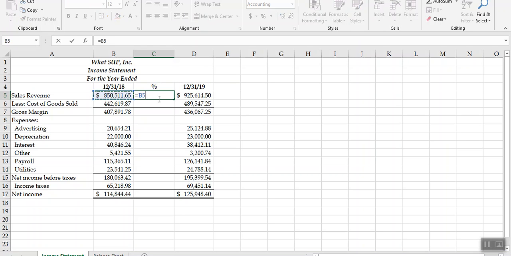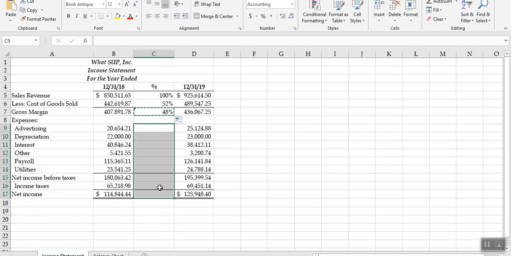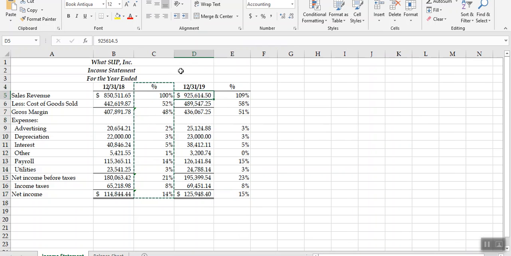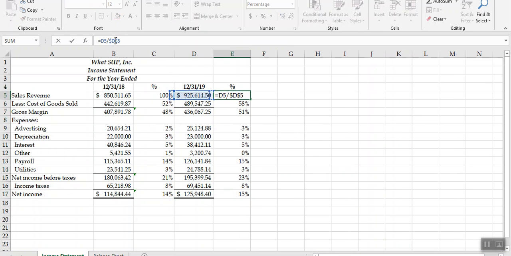Divide every column by sales revenue. They want a percentage, so this would be 100% because we're dividing sales by sales. Now if you just drag this down, it's not going to work. What you need to do is create an absolute reference so that everything is divided by the sales revenue. Now you save that, you drag that down, and you can see how all of this is going to have a percentage. Then they want you to do the same thing for 2019. However, this needs to be changed to D, so just make that change there to D. And again, they walk you through this